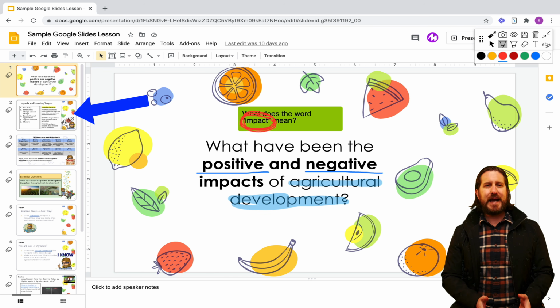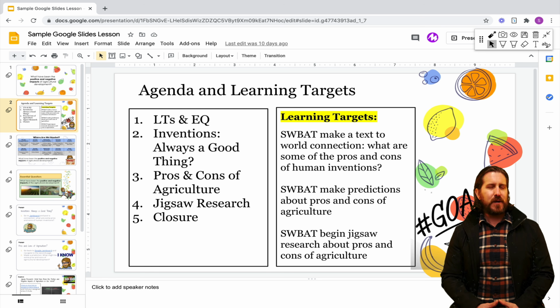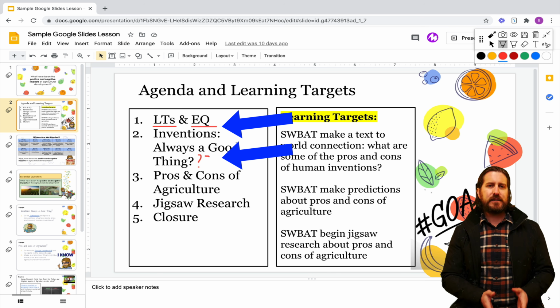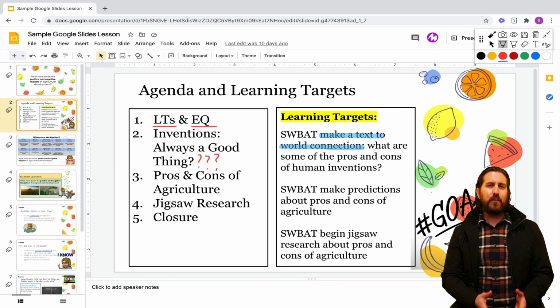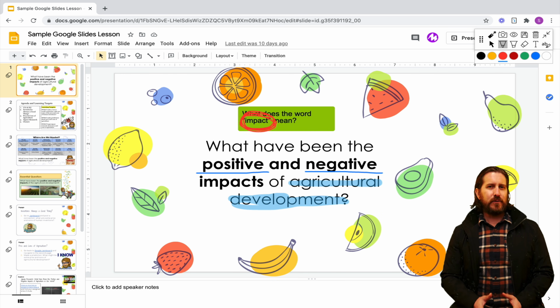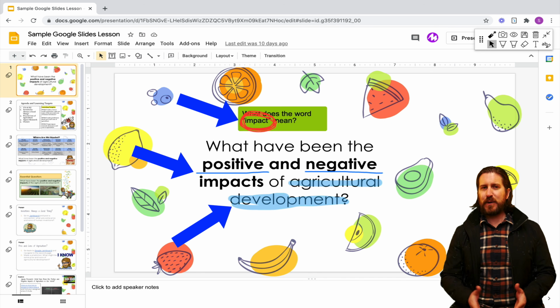One thing I really appreciate about this extension is that it sticks your annotations to the slide. So if you go to the next slide, you'll notice that the markups are no longer on the screen. And you can add new annotations to this slide. Then when you go back to the previous slide, you'll see that the annotations that you made on that one are still there, which is pretty awesome.